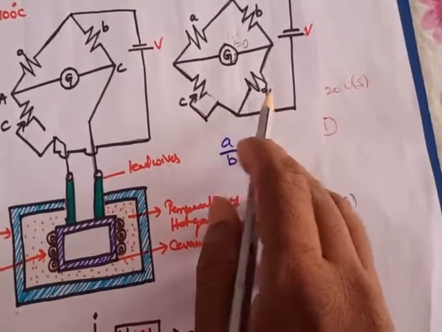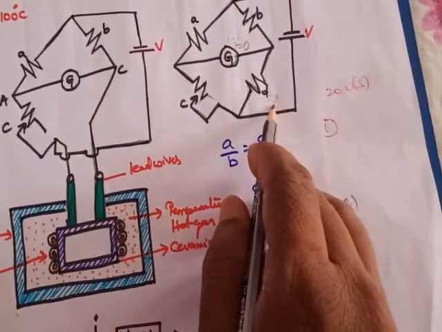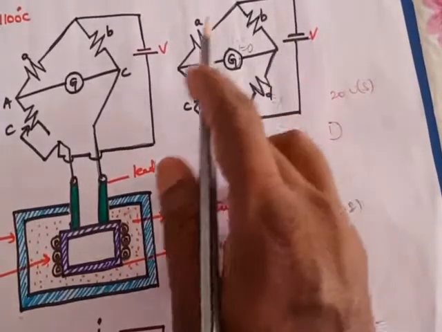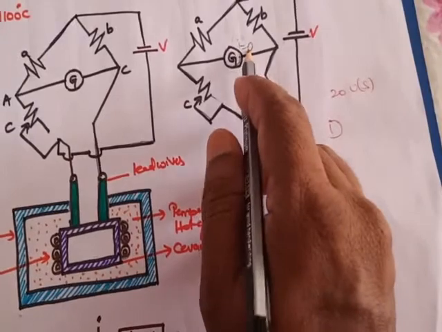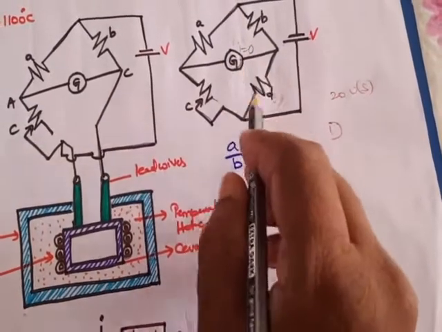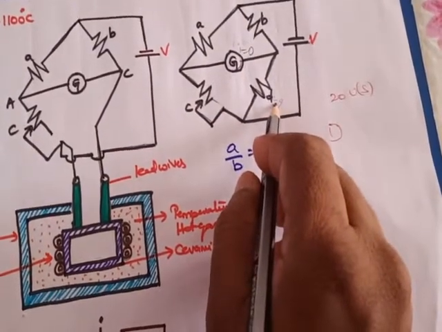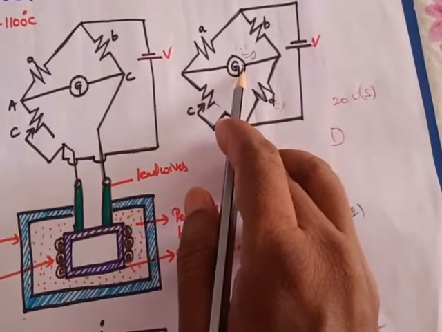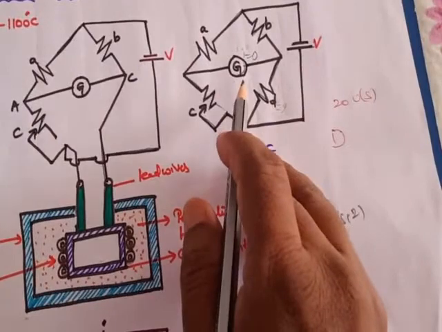Suppose the value of D is unknown and you want to find out the value of D. Conduct the same experiment. Whenever supply is given, there will be some current flowing in the circuit, and that current is shown in this galvanometer. So if you want to find out the resistor value D, you have to adjust the value of C until it shows zero deflection. The bridge is then said to be in balanced condition.